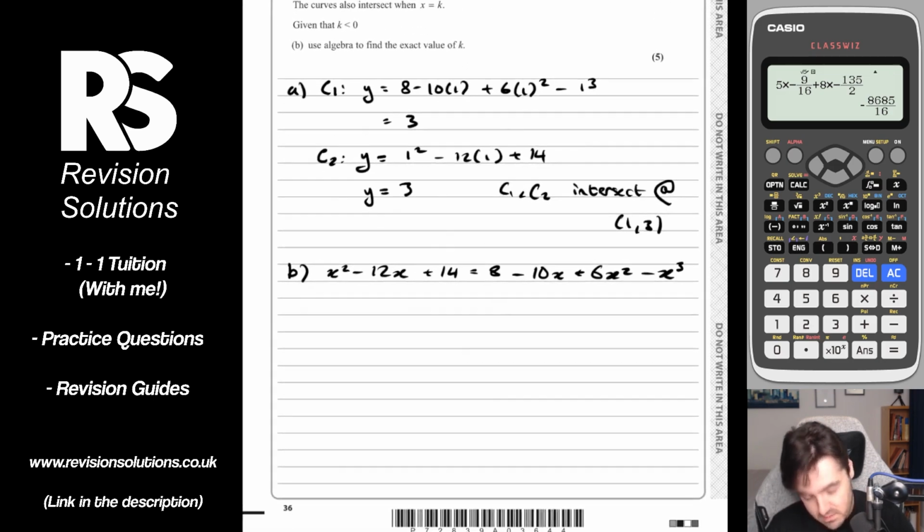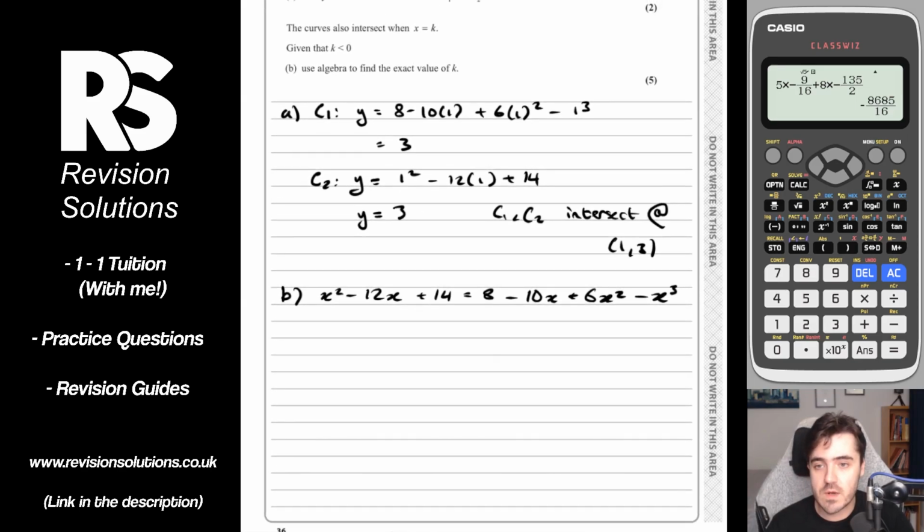And then that's a cubic equation, so to solve it we're going to bring everything to one side and start to think about factors, but let's bring it all to one side first. So I'm going to move everything over to the left, so we'd have x cubed, x squared terms, we'd have x squared and then minus 6x squared, that would be minus 5x squared, and then minus 12x plus 10x would leave us with minus 2x, and plus 14 minus 8 would leave us with a plus 6,